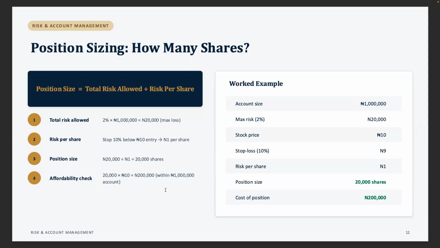The whole calculation is to help you manage your money in a way that if the market goes against you, what you are going to lose is just maybe 800 naira or 8,000 naira, depending on what your total risk is. But don't worry, when we get to the next stage in this presentation, I will show you how I use AI to actually do all that. You can use AI to help you do all these calculations,